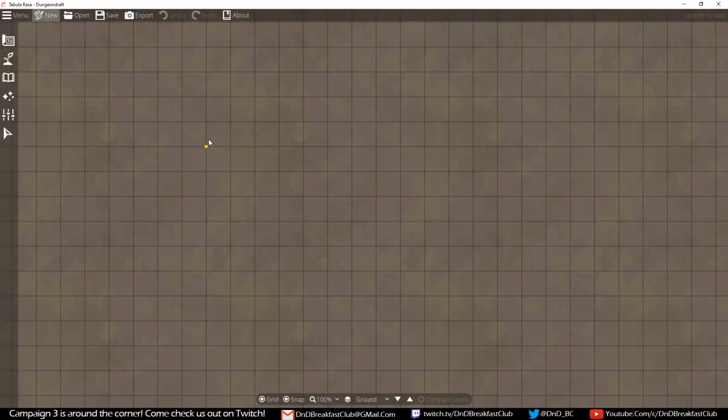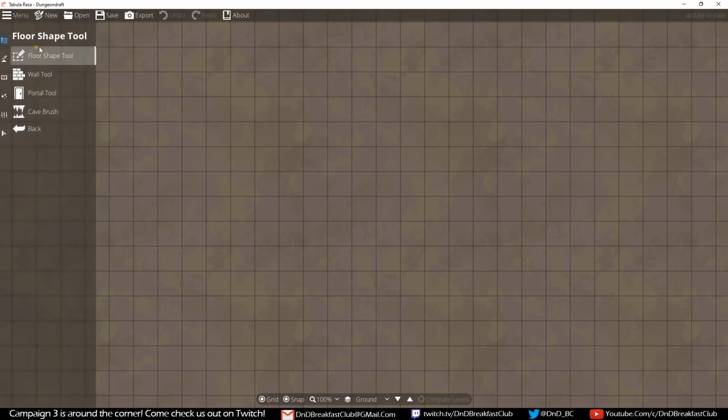Click OK. On the left hand side you have 5 different panels. You have Design, Terrain, Objects, Effects, Settings, and Select. We're going to start from the top and work our way down from Design. Click Design. When you click one of these panels on the left, it opens up new tools. You have your Floor Shape tool, Wall Shape, Portal tool, Cave Brush, and then clicking back gets you back to